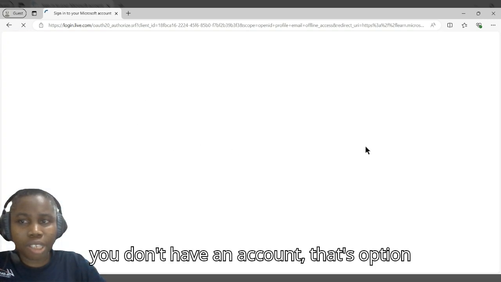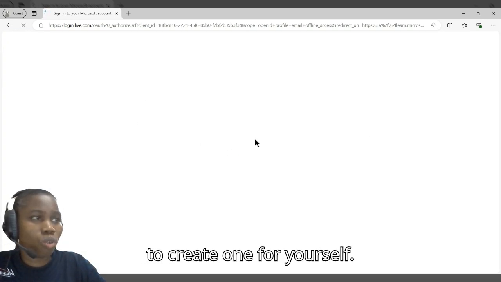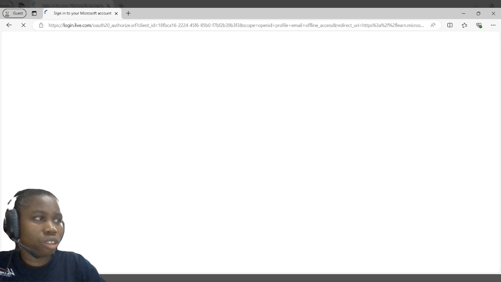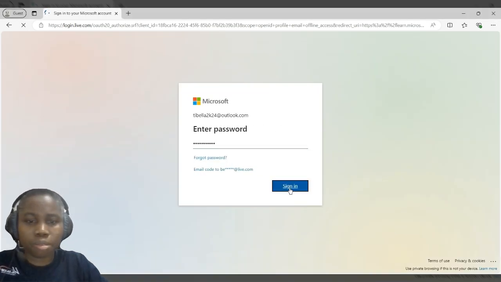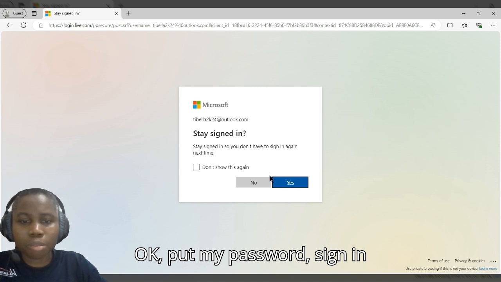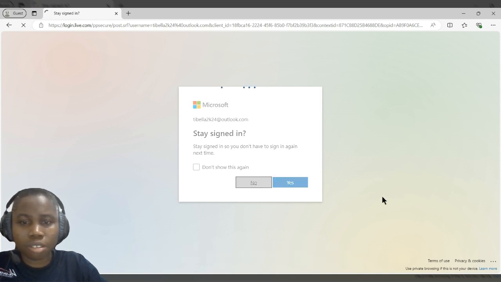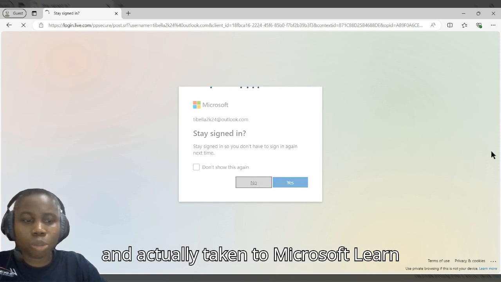If you don't have an account, there's an option to create one for yourself. Okay, put my password, sign in, and we'll be taken to Microsoft Learn